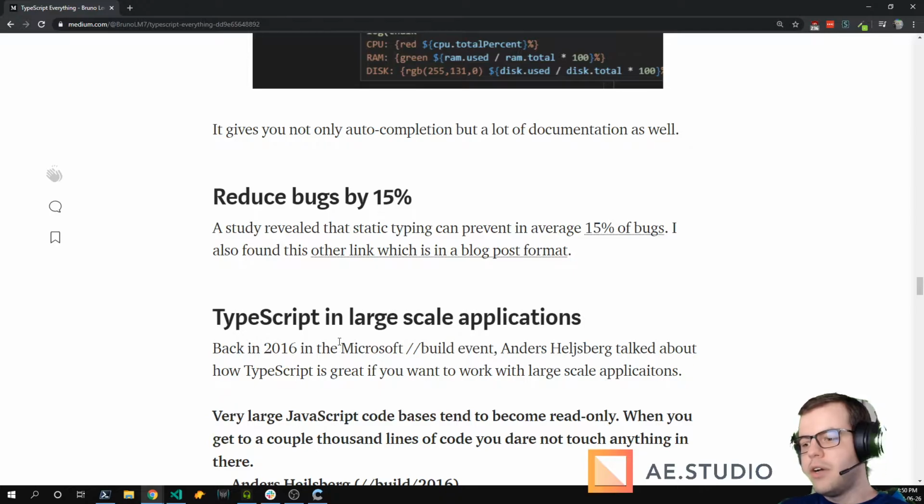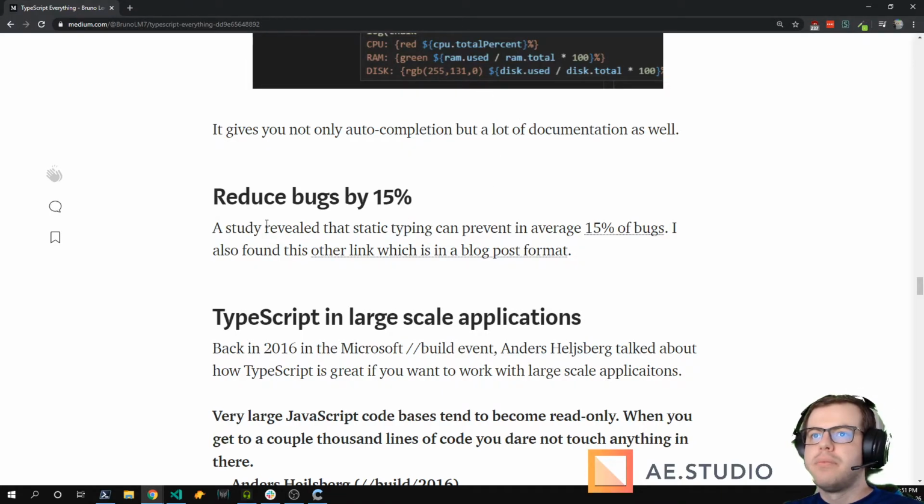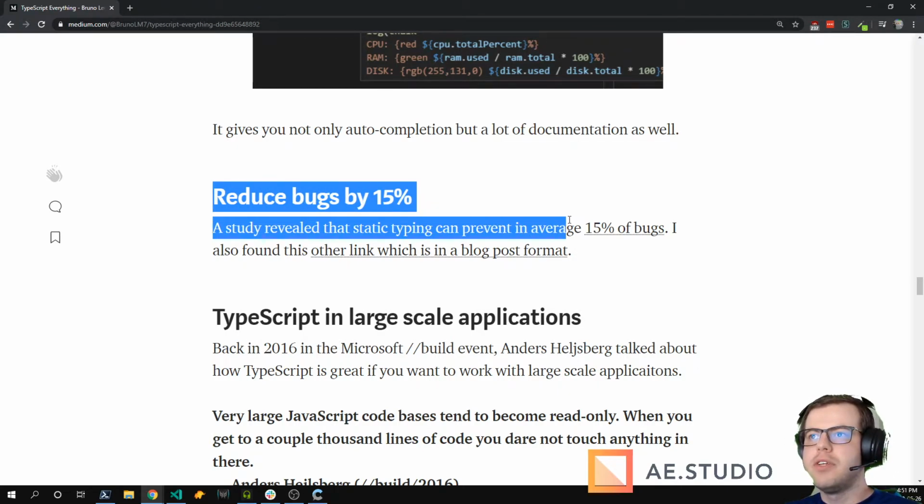I thought it would be higher than 15%. Maybe. Well, this study was conducted on big GitHub repositories, so this study was for that scenario. Maybe in other scenarios the number could be higher, but I don't have any empirical data on that. The only data I have is this one.